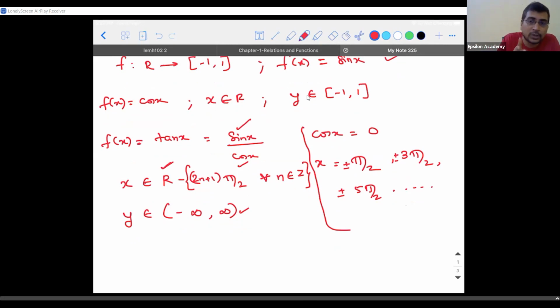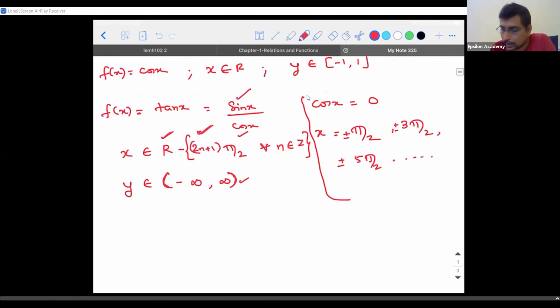Remember, whenever I talk about trigonometric functions, the inputs are values in terms of radians. No more degrees you are going to deal with. Everything is dealt in radians. That is why I'm writing pi by 2, 3 pi. I hope everybody knows what radians are, right? So I have not included odd multiples of pi by 2 in my domain. So when I have not included that value, it will not get generated in the range also. That is why minus infinity and infinity have open brackets is what I meant to say.